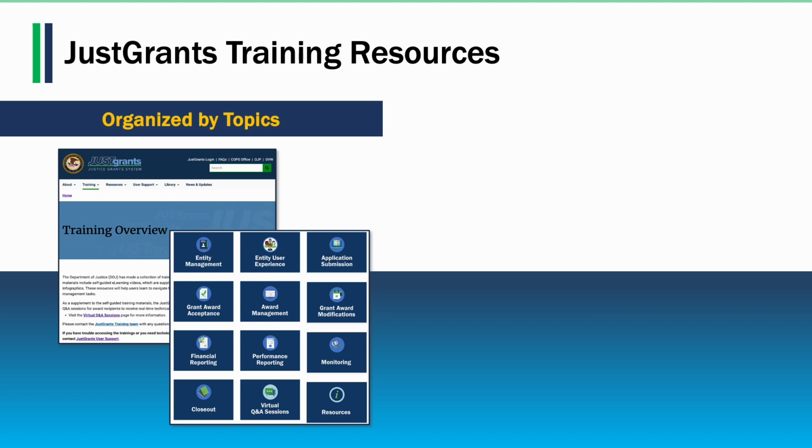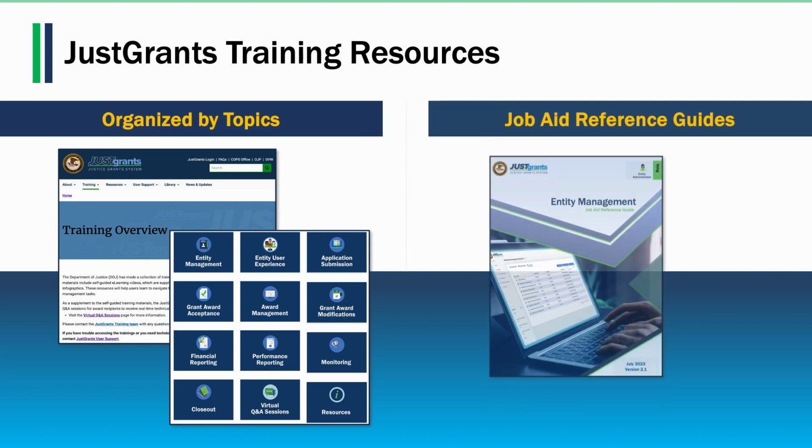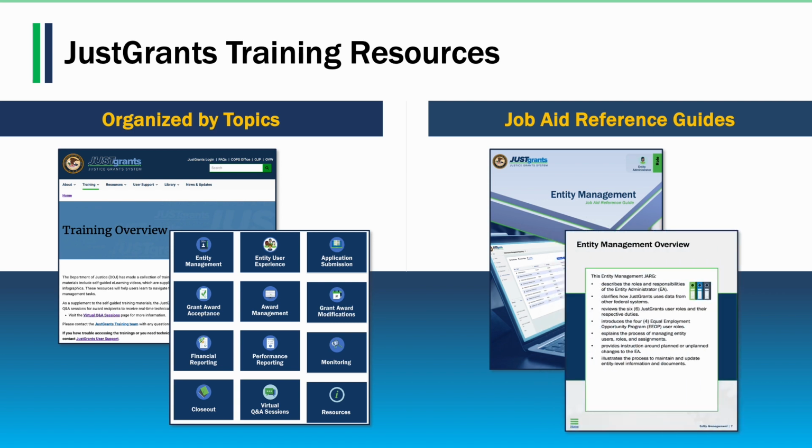Typically, you will find a job aid reference guide and quick reference guides. The job aid reference guides provide step-by-step instructions with screenshots to help you walk through a task. You can print these or view them on screen, depending on how you like to work. They are also a great reference if you are in the middle of a task and want to verify the next steps. The quick reference guides are short 3-4 page guides that walk you step-by-step through specific tasks.